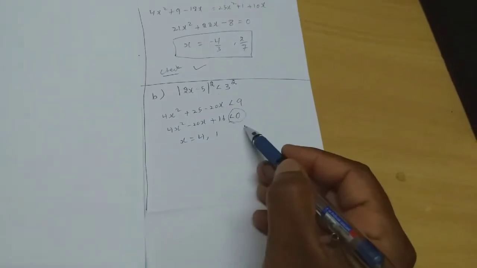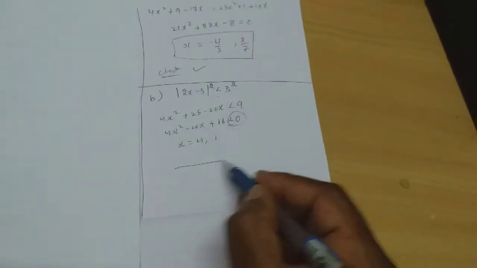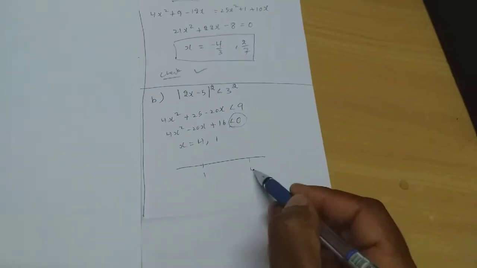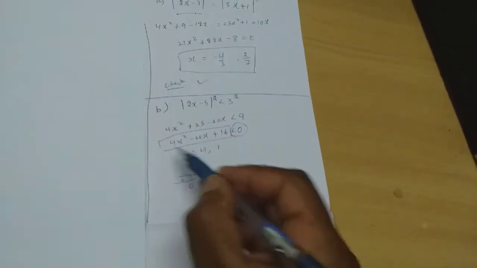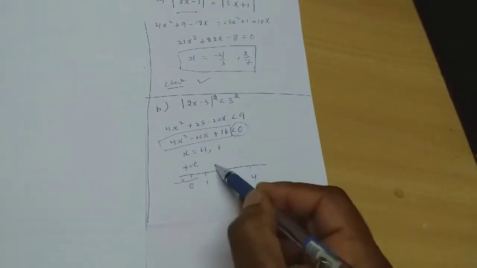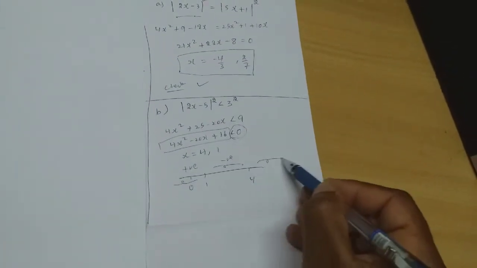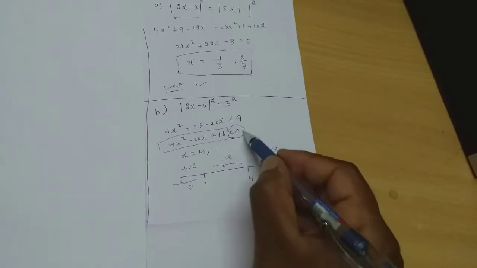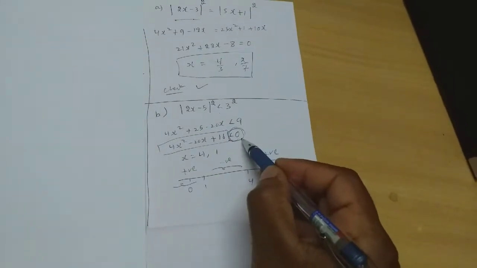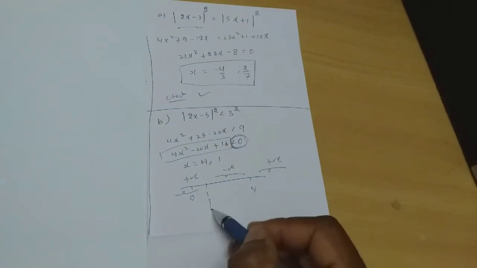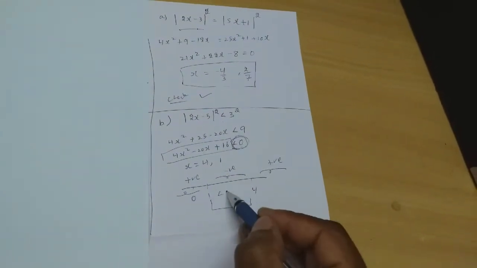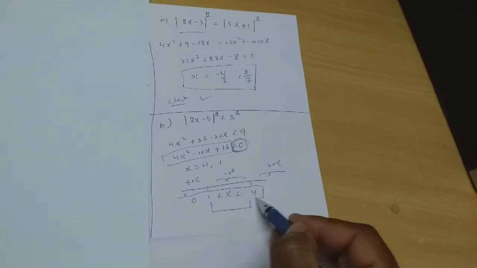Since there is an inequality, I have been telling you again and again, inequality means number line. So here there will be 0 present. If I place 0 in this, I get a positive result. That means here it has to be negative, here it has to be positive. What should my result be? Less than 0 means my result should be negative. On the number line, where do I have negative? I have negative in between this. So my answer is this.